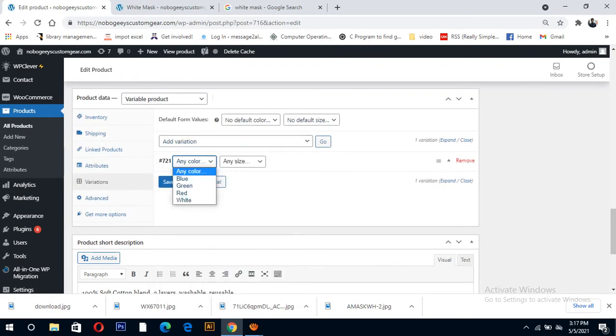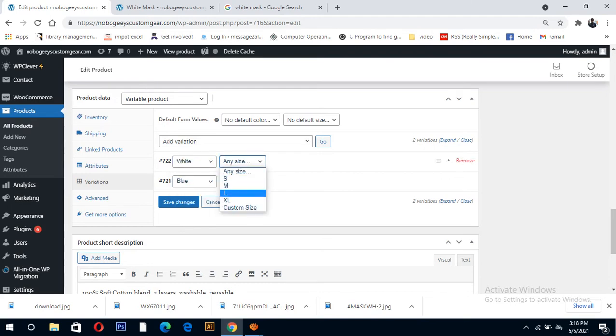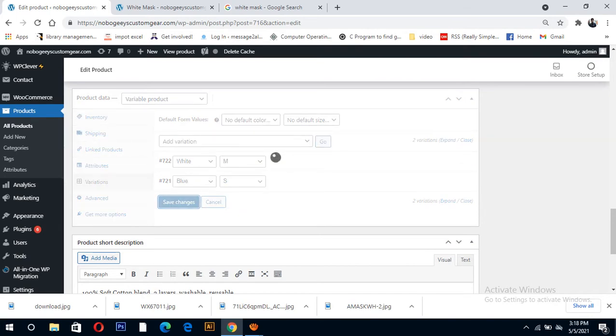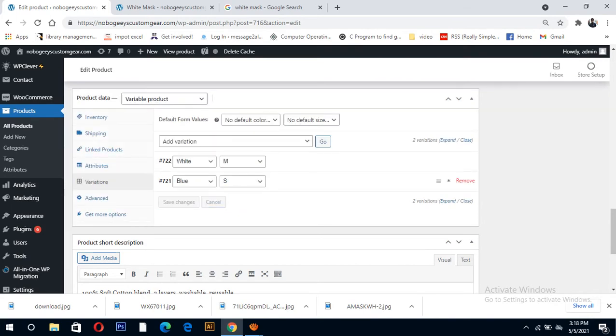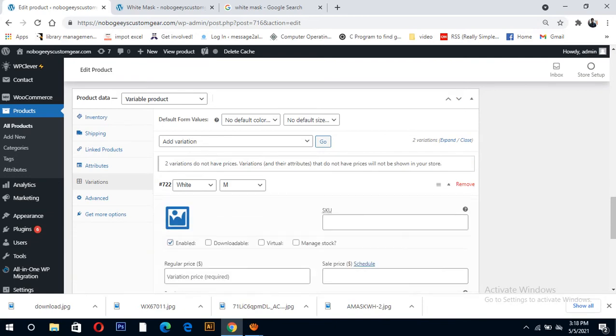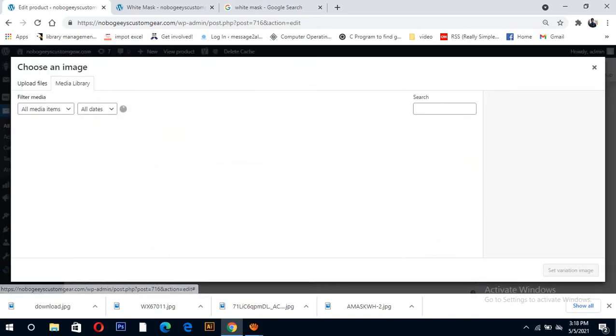Okay, keep blue, size is small, another, and white, that's it. We have now two sizes, then you can do different color, different size, then you can have